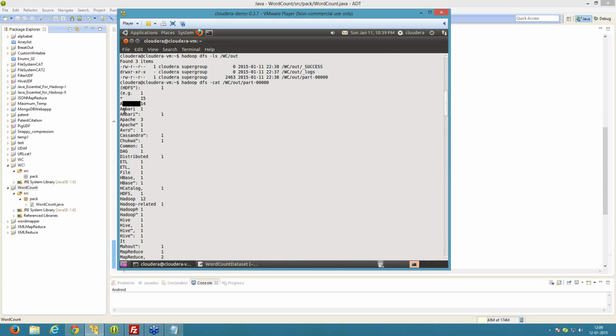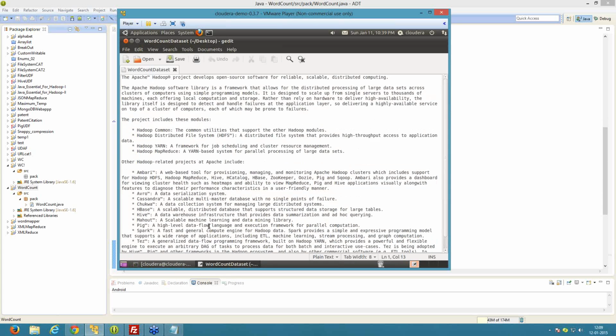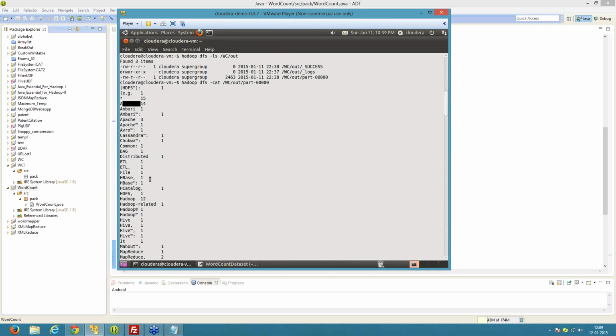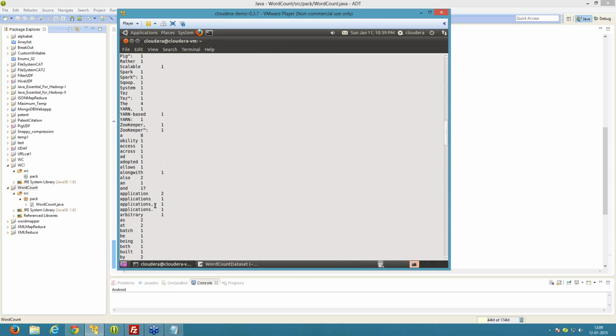A has occurred 14 times. Ambari has occurred 1 time. Ambari TM has occurred 1 time. Avro has occurred 1 time. That means it has counted the number of occurrences of the words in the file.